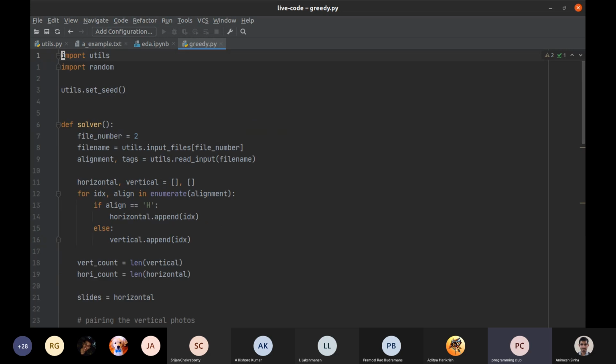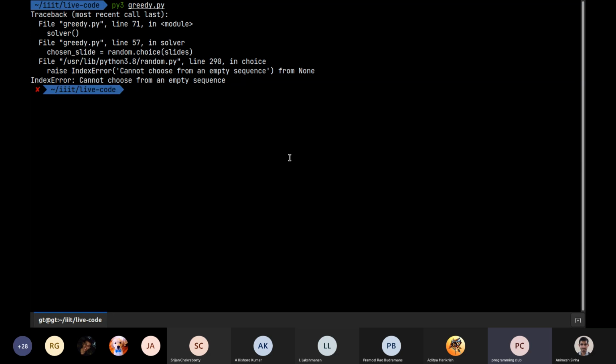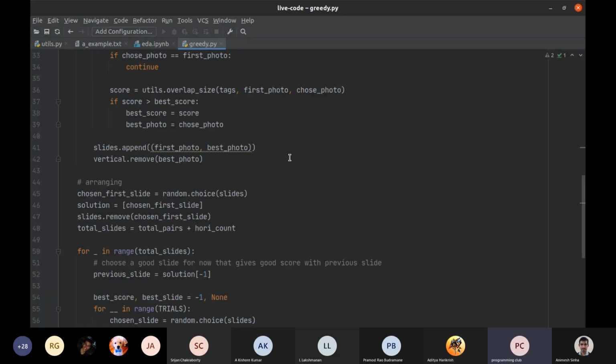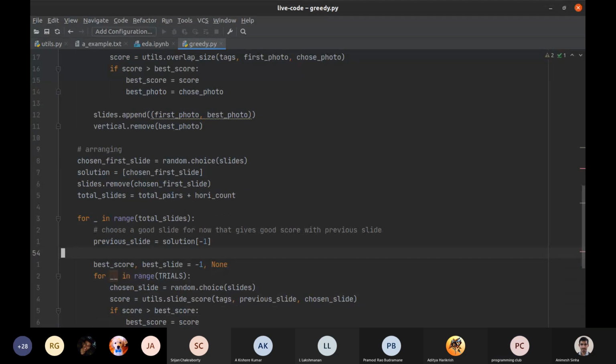Right, so I have written this, I can run this. Wait, which problem did I set it on? Line 57. Yeah, there's always going to be something wrong.